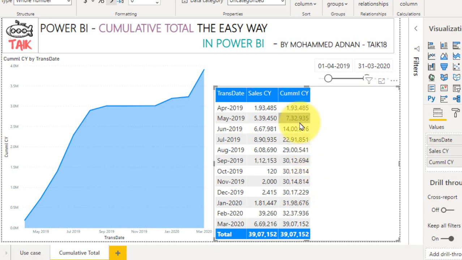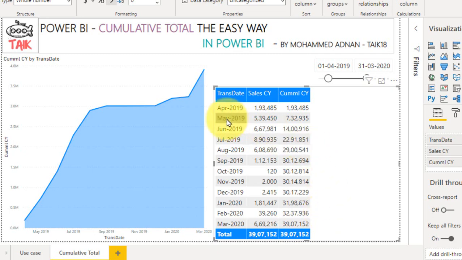If you look at that, it keeps on increasing this value based on the month. There is another way of creating the cumulative total, but it will restrict it only to the end of the year, like the YTD function. But with the help of this function which I used in this video, it will keep on increasing the value subject to the selection the user has selected.